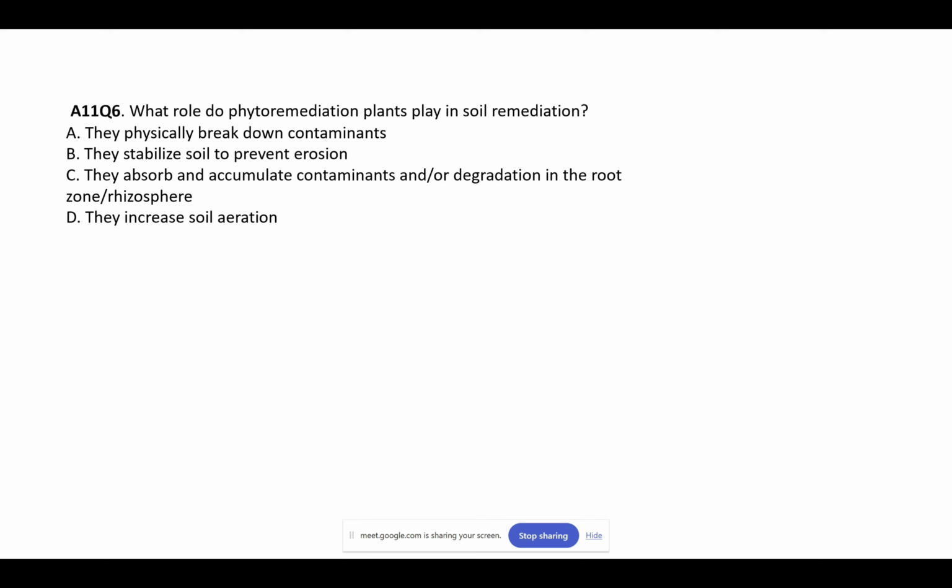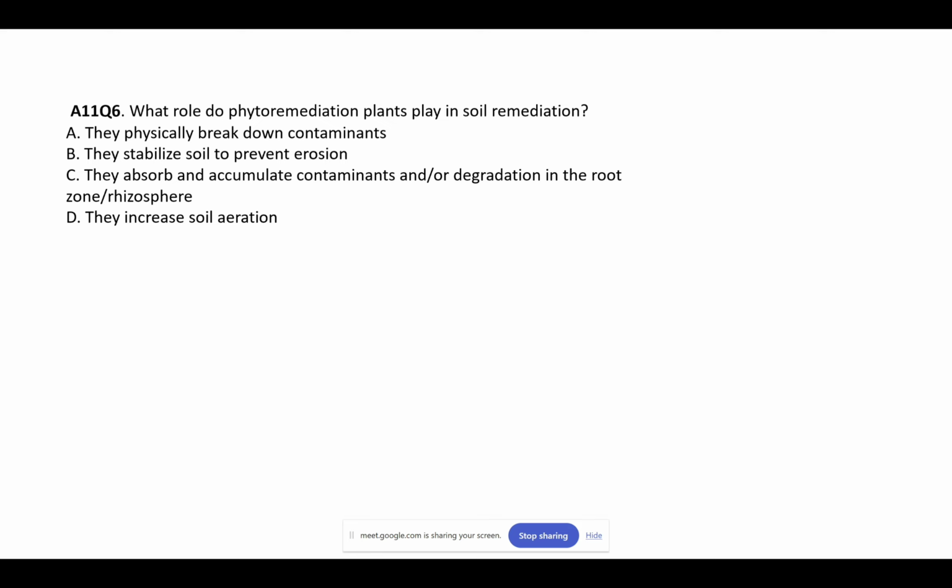So the correct answer for question number 6 is C, that the plants absorb and accumulate contaminants or degrade them in the root zone or rhizosphere. They physically break down contaminants: this is not correct. Next, they stabilize soil to prevent erosion: this is correct, but the statement is not relevant with respect to soil remediation. And option C, that they absorb and accumulate contaminants or degrade them in the root zone or rhizosphere,